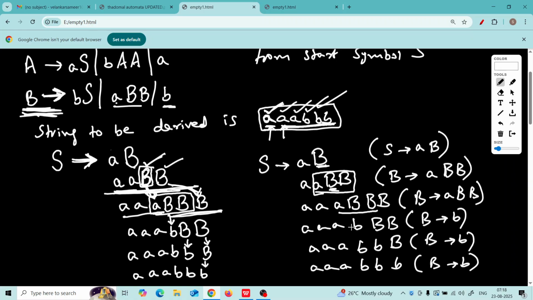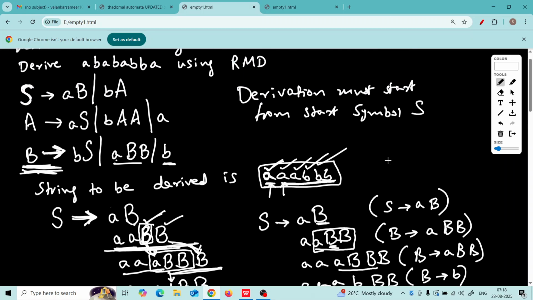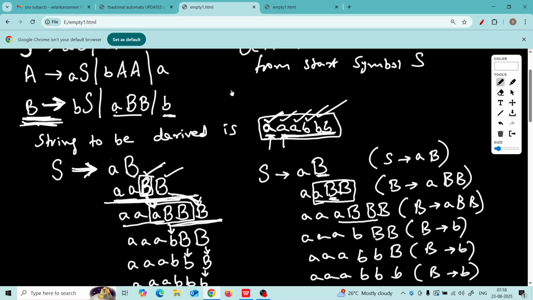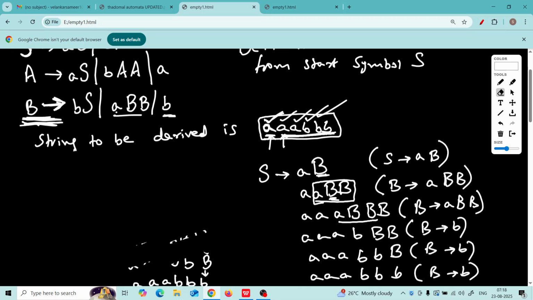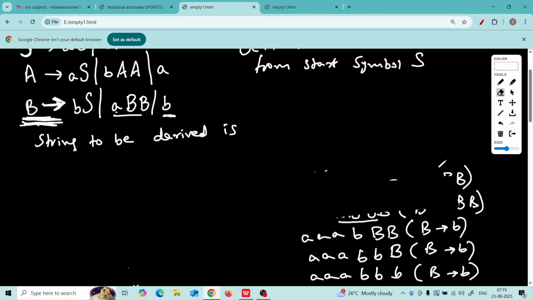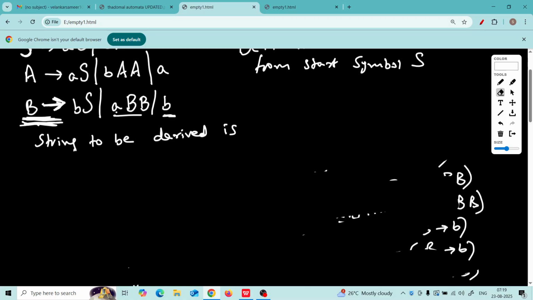Okay. Now, the second part of the question asks to derive this string ABA, BAB, BA using RMD, rightmost derivation. Okay. So, just give me some time. I'll just clean the board because I want that grammar to be there in front of me so that I can readily refer to it. Okay. By the way, you can pause the video and find out. RMD will be absolutely easy now for you. Just read the grammar and check which are the appropriate options so that we will get the string that we desire.